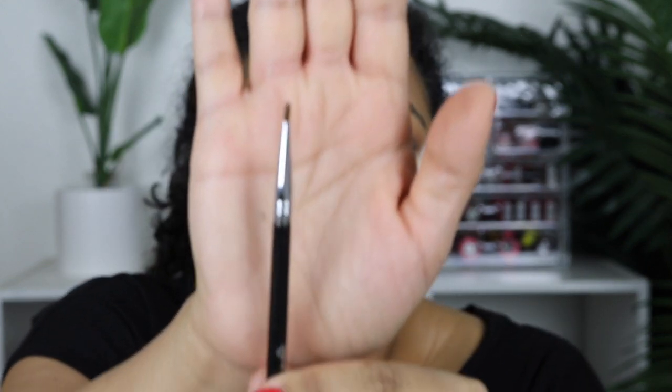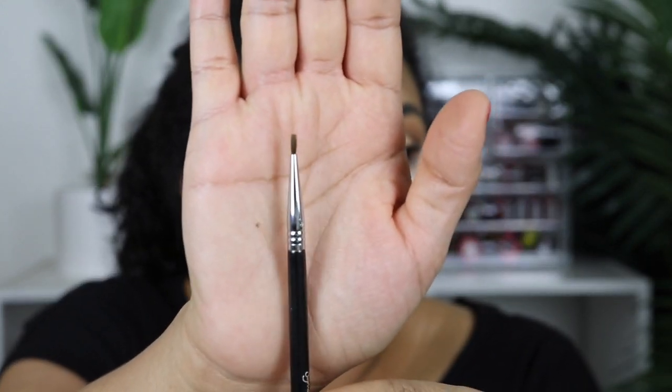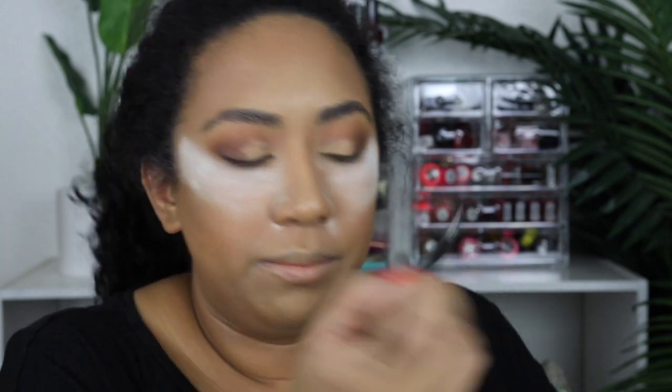But this is the Sigma, the small eyeliner brush, E10. And so this is super, super tiny, if you guys can see that. It's a very, very tiny little brush. But because it's so skinny, what might work is maybe picking up some concealer that way and then drawing a line. Actually, let's just try it right now. Even though I technically already have some on, but